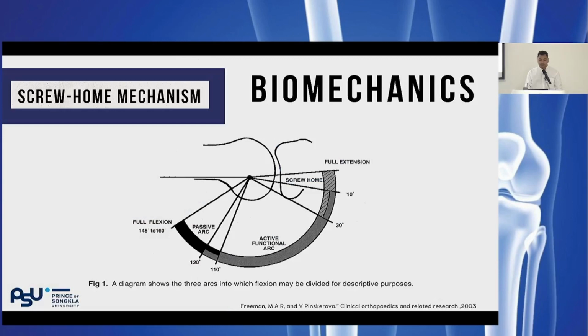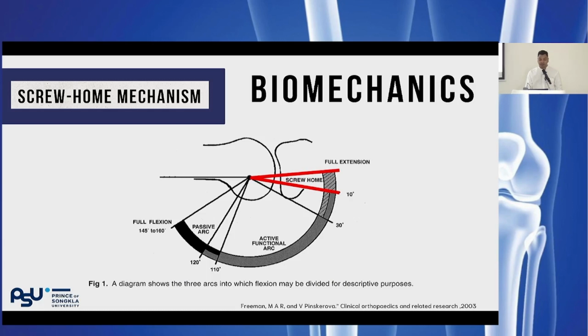The important role of the PCL is the screw home mechanism. The PCL acts as an axis of rotation. The knee will be locked in a stable position by full knee extension. To do that, during terminal extension, from 30 degrees to full extension, it needs 10 degrees of external